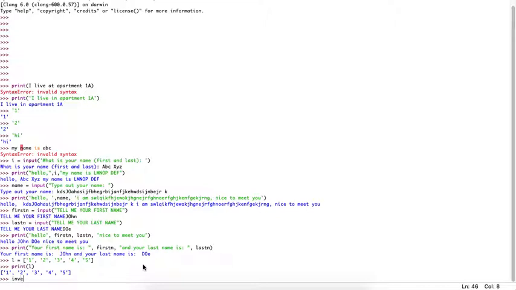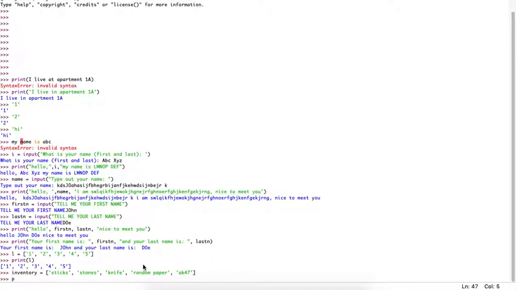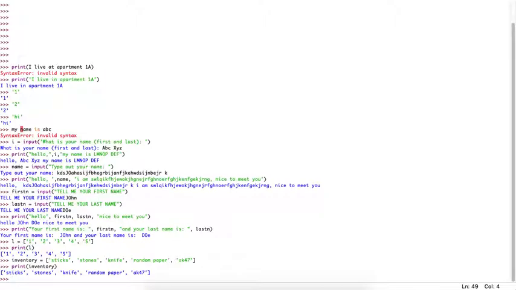So like inventory, now here you use a list. Sticks, comma space, stones, comma space, knife, random paper, and one more thing, AK-47. There. There. And that's it for today. Thanks for